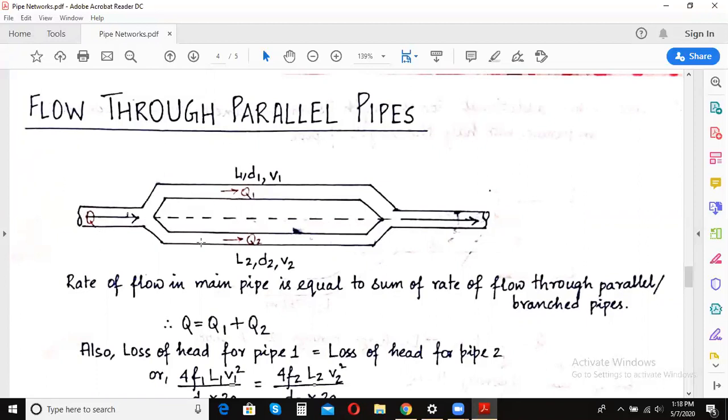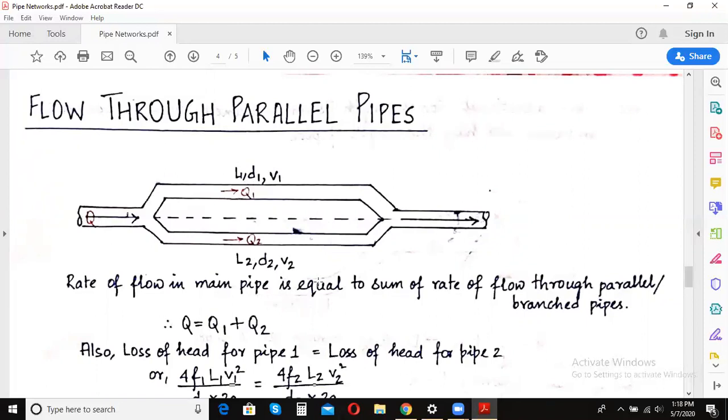When the branching is taking place, that is when the pipes are getting divided parallelly, the discharge through the first pipe, that is the upper pipe, is Q1, and the discharge through the second pipe is Q2. The parameters of the first pipe are L1, which is the length, the diameter D1, and the velocity of flow V1. Similarly, for the second pipe, length is L2, diameter D2, and velocity is V2. When these two parallel pipes join with each other, they become one single pipe again, and we will have the discharge as capital Q, the same value of discharge as the initial pipe.